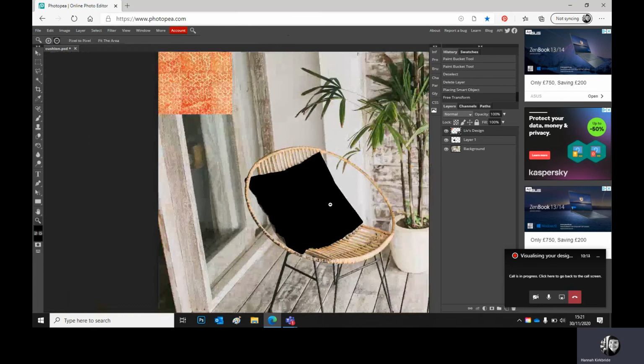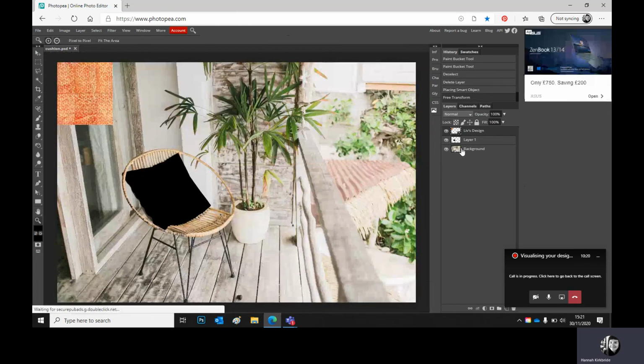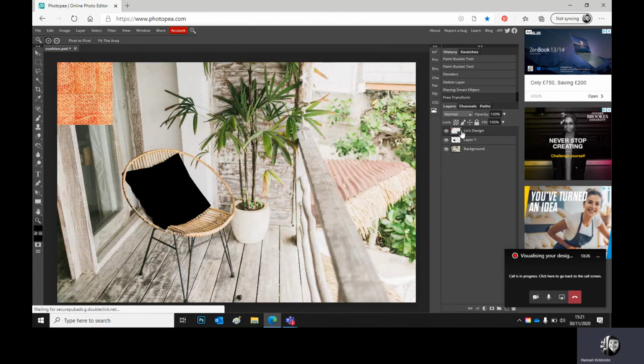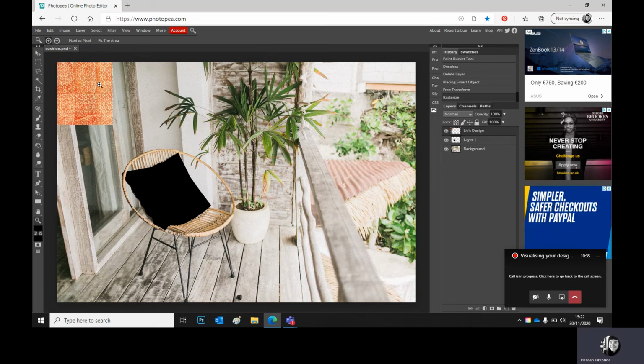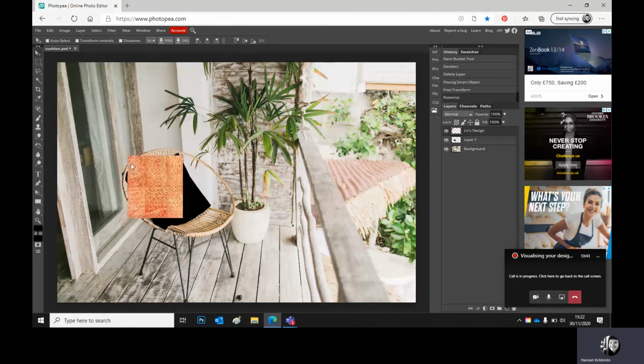So the design has a layer, the black silhouette has a layer, and finally at the bottom is the object. Okay. So what I'm going to do first of all is come over to my design and right click it, and I'm going to rasterize the layer, which will allow me to make adjustments. So using my move tool, I'm going to drag the design over the cushion area, basically get it in the